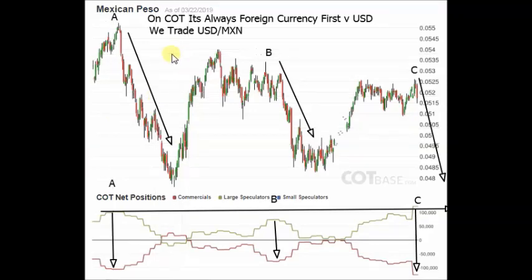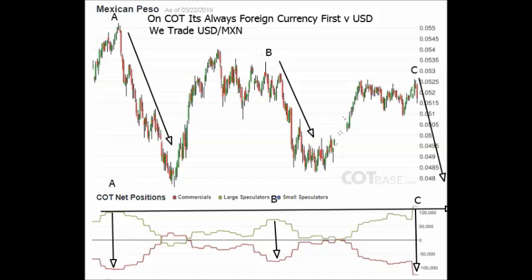Now, I've made a point for new viewers here on the COT. It's always the foreign currency first. So we're looking at MXN USD. We, of course, trade USD MXN. Okay, so the other way round, and we'll put the chart the right way round in a moment. This chart is just to see what commercial hedgers, the smart money, is doing against large speculators, and I've highlighted